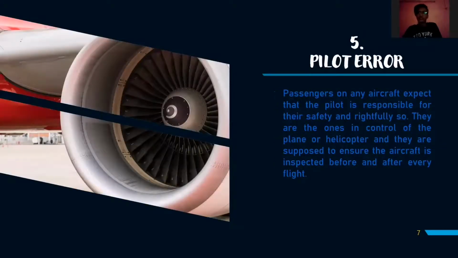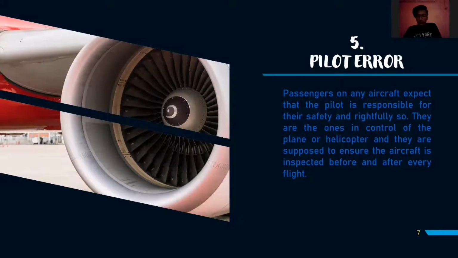Next, pilot error. Generally, it refers to an accident in which an action or decision made by the pilot was the cause of or a contributing factor that led to the accident, but also includes the pilot's failure to make a correct decision or take proper action. Error is an unintentional action that fails to achieve the intended outcomes.